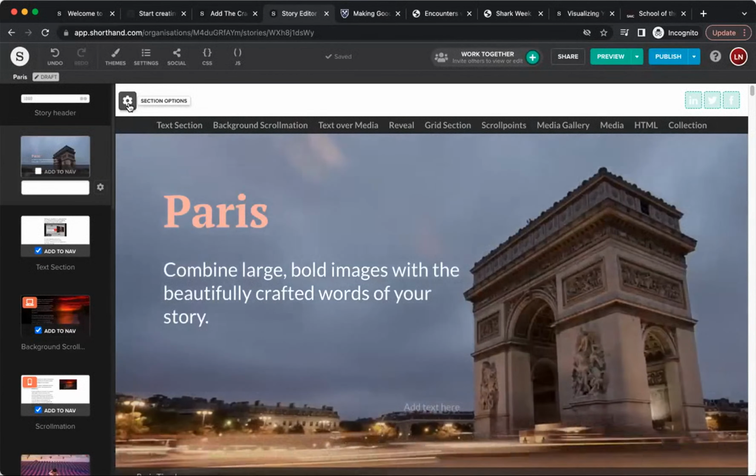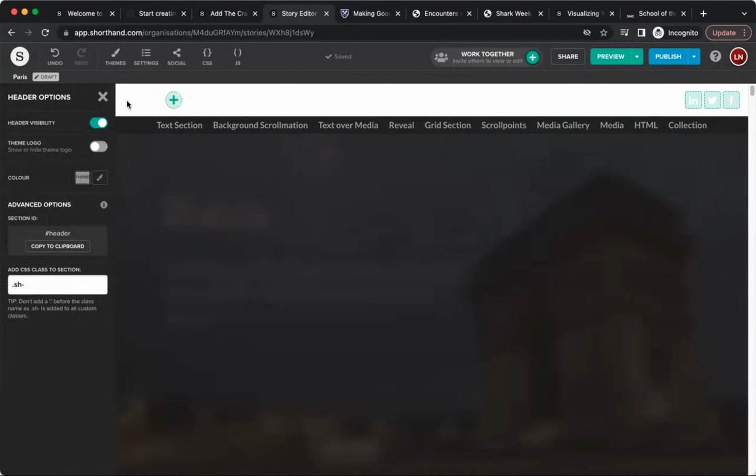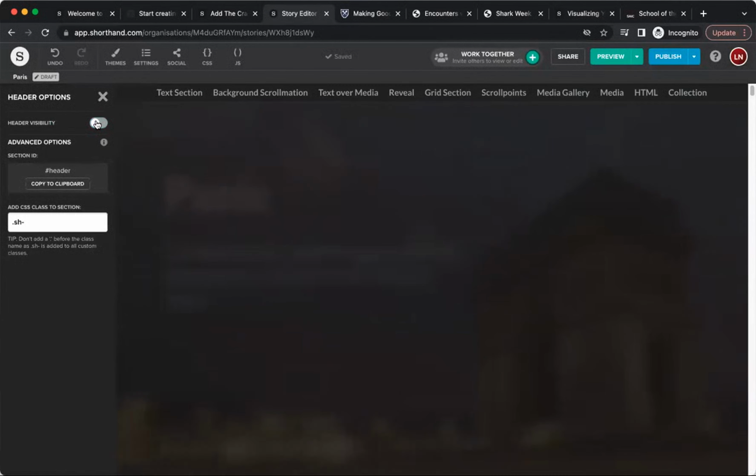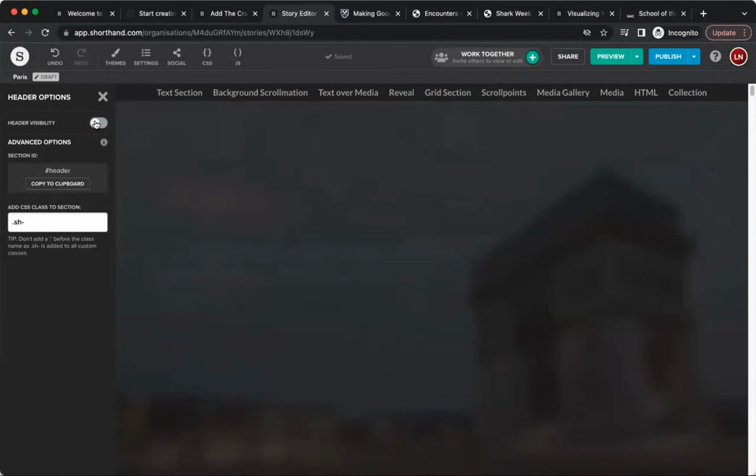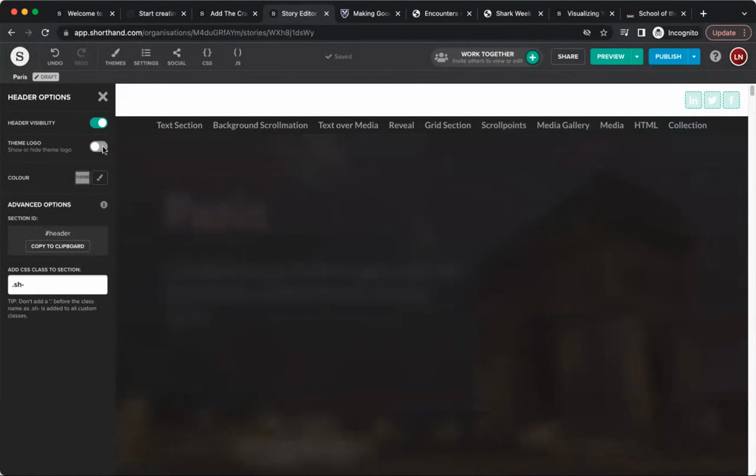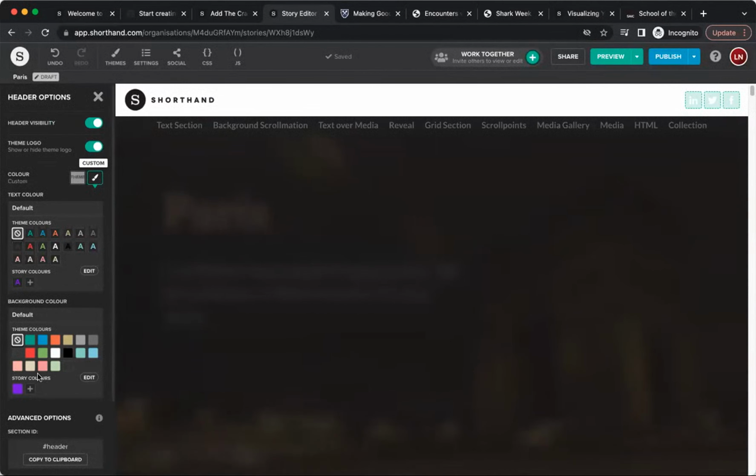As all the other sections have, we also have the options for your header, so you can hide the header entirely. This is useful if you're planning to embed your stories directly onto your own site, and maybe you already have your own header on your website. You don't necessarily want another branded header, so you can turn it off. You can, again, turn that logo back on, and we can also change the colors of the header if we want. Maybe this